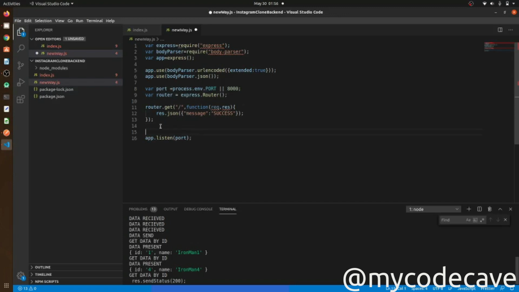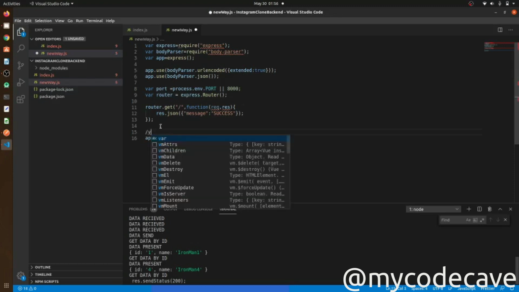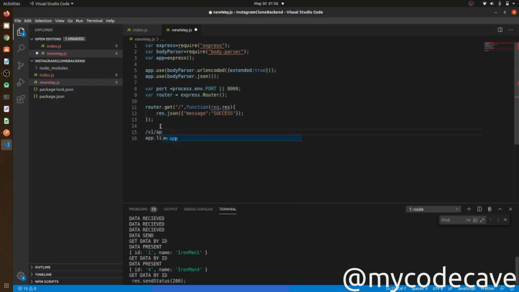Now if you have seen any of the REST APIs that are used commercially, you might have noticed that there is something like v1-API, and after that there are some other things, and before that there is the server IP or something else.